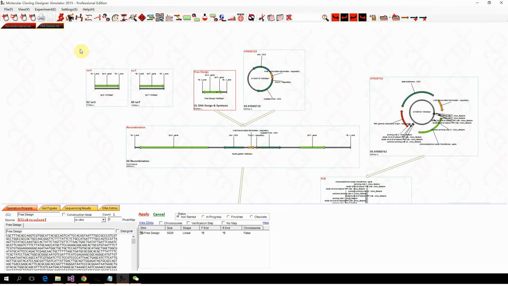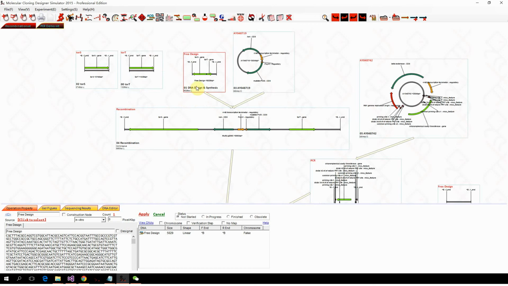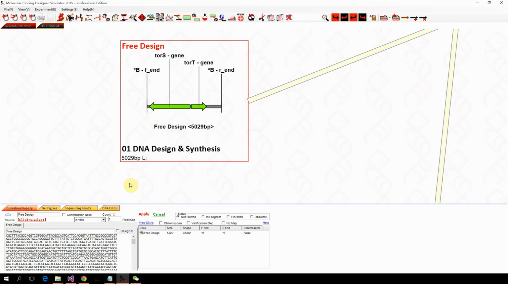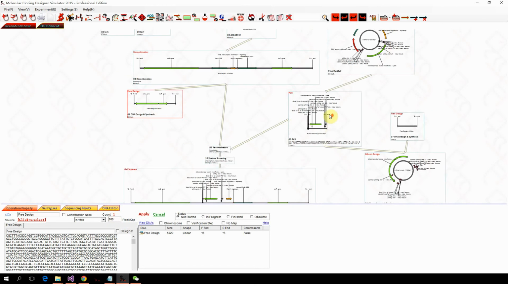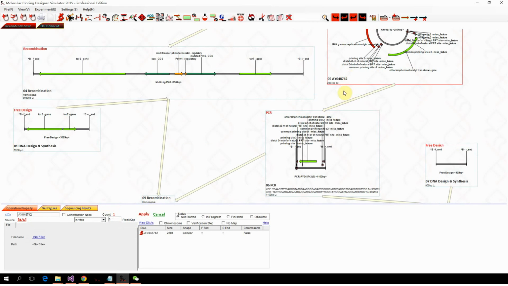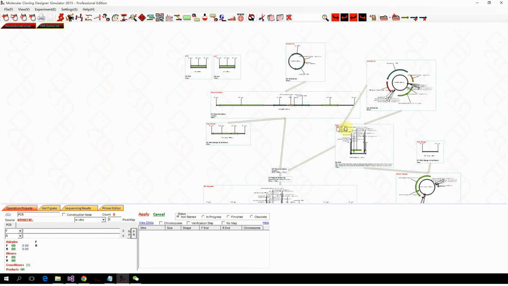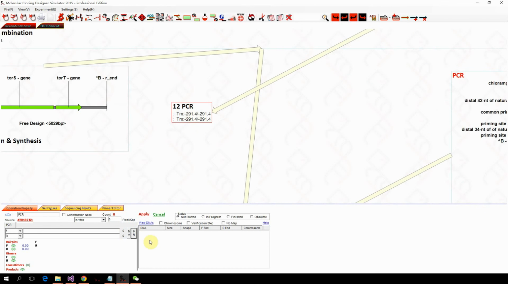And we can also design primers for performing lambda red knockout. For example, this is an E. coli genomic fragment which has the TorT and the TorS gene. And so we want to design a pair of primer. Use a template PKD3. So for example, we create a PCR node and click PR